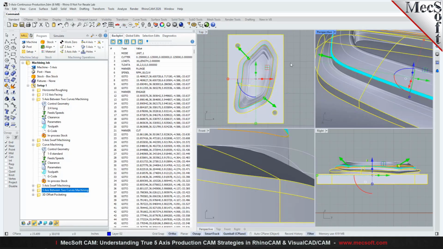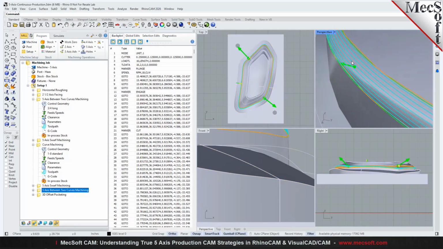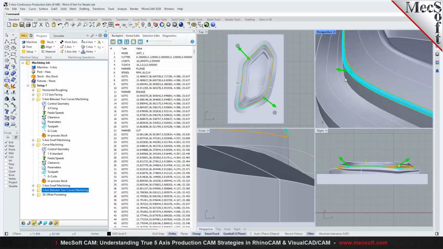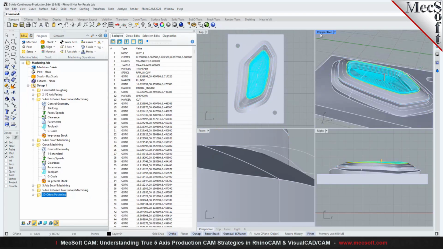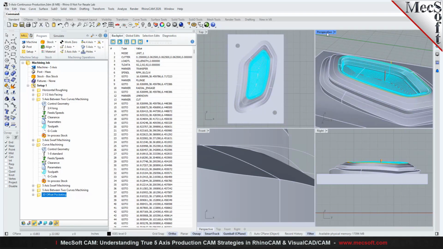Here, if we zoom in, this is another between two curves where the tool remains normal to or perpendicular to any cut point on that surface. So it'll just work its way around. And here we have a